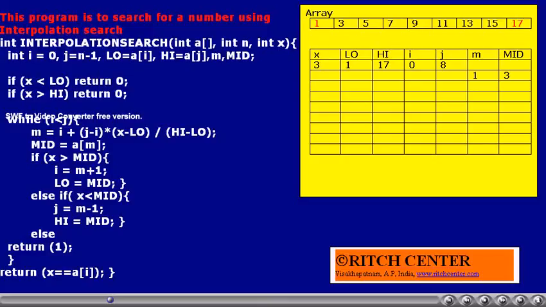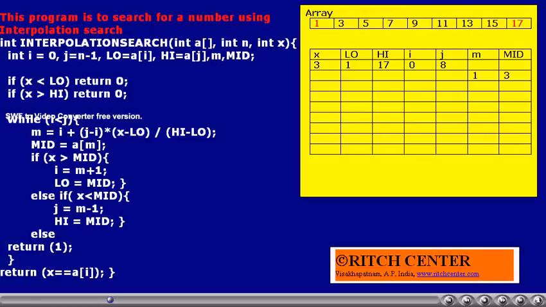We employ the interpolation technique. So if we calculate m, assuming that the low value is 1, high value is 17, x is 3, so probably where that 3 will be in this data based upon a trend.